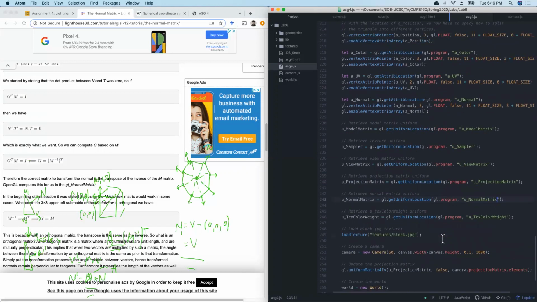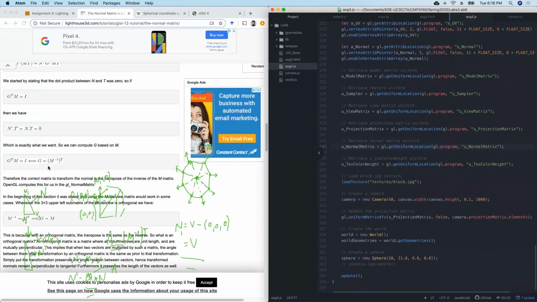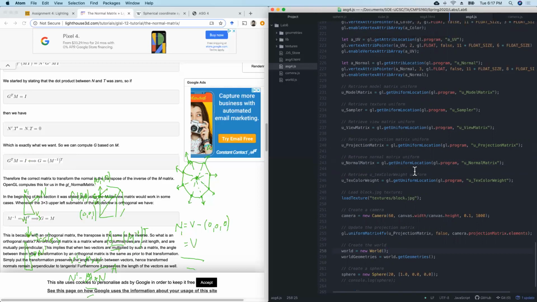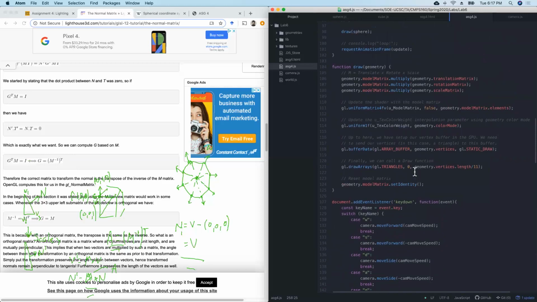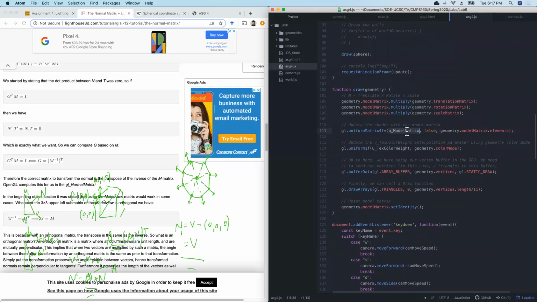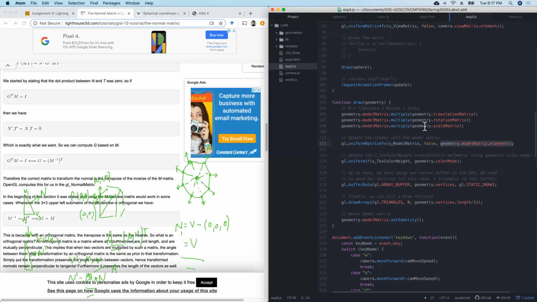And we have to set that uniform to be this guy, the inverse of transpose of model matrix. Where do we do that? Well, we're gonna have to do that where we give the normals, so where we have the model matrix. So here we have the model matrix. We're gonna have to do this for each geometry, because each geometry has a different model matrix. So we're gonna have to actually here update